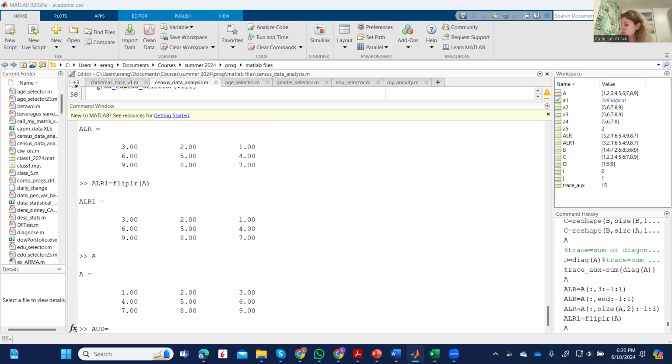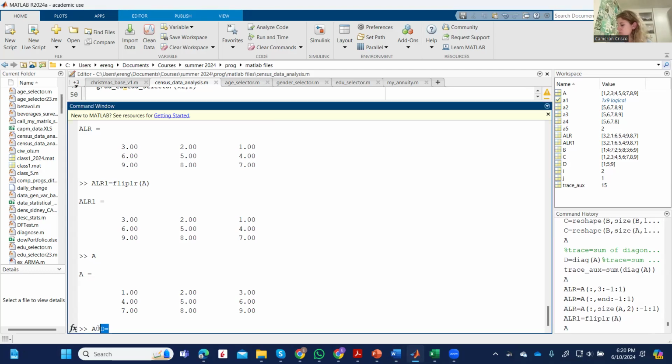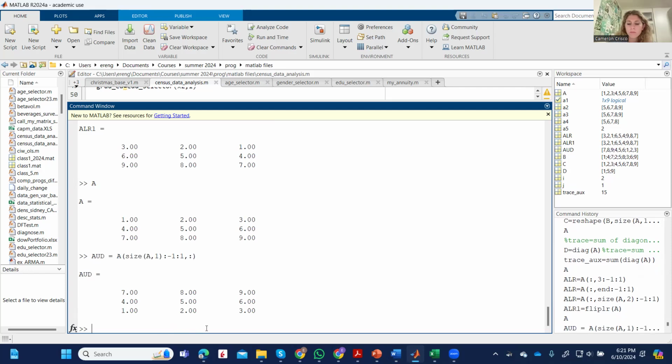Yep. I have one answer already. What do you think about this one here, guys? In this case, what I'm changing is the rows, and I want to collect all the columns. Correct? So what I'm doing is I'm going from the size of rows, the number of rows of A, decrease by 1 and arrive to 1. You see that? 7, 8, 9 goes first, 4, 5, 6 stay the same, and 1, 2, 3 go to